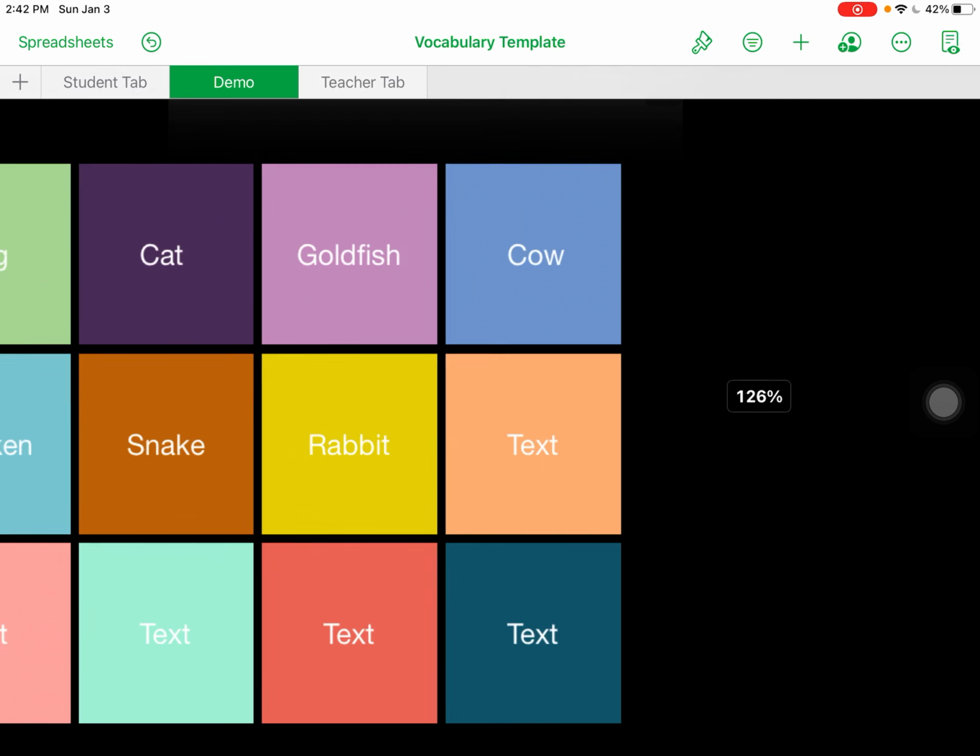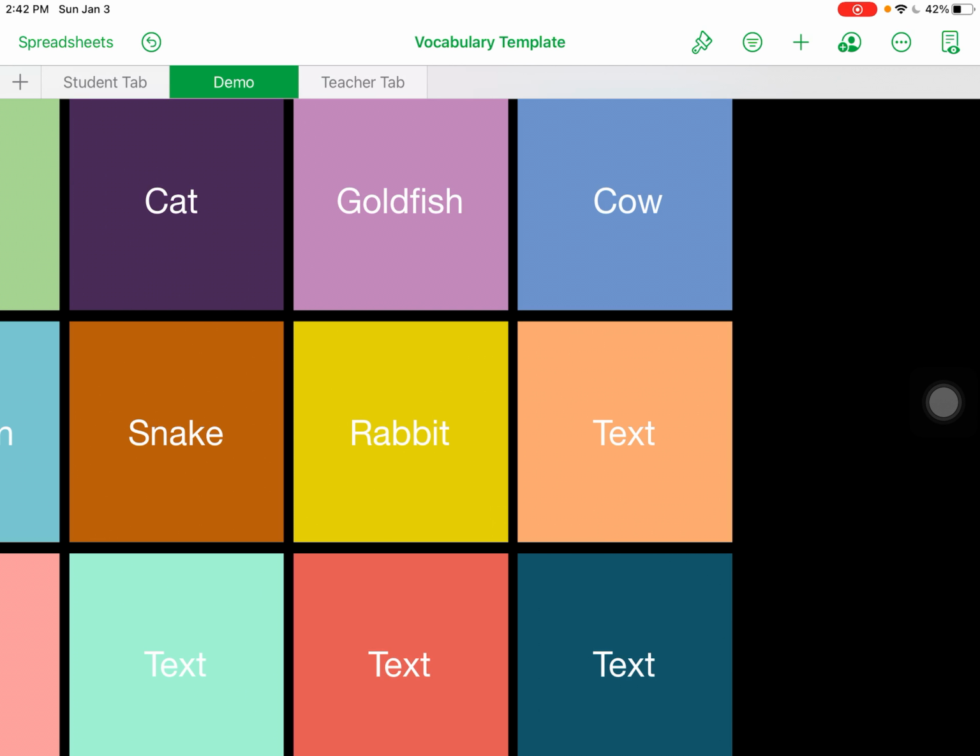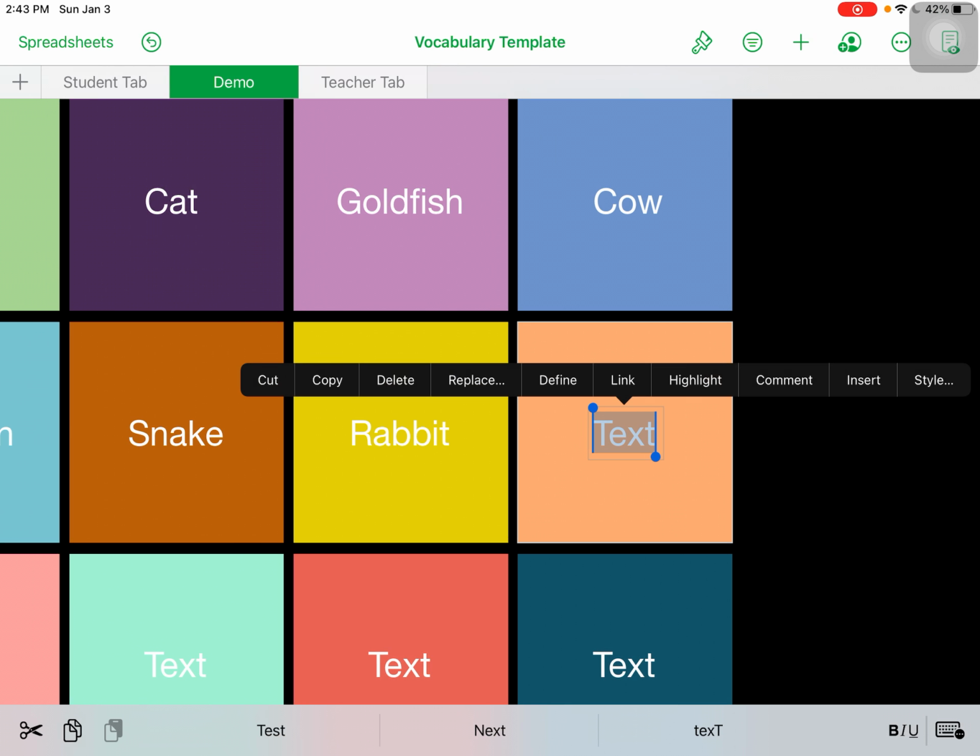Now these boxes, the text and the shape, are grouped together. So that means when you move one, they will move together. So the way that you can edit the word, I'm going to double click on the word text, and now you can see that is highlighted. And I'll double click in there again, and now I can actually change the word. So I'm just gonna add in another animal. So let's go ahead and do